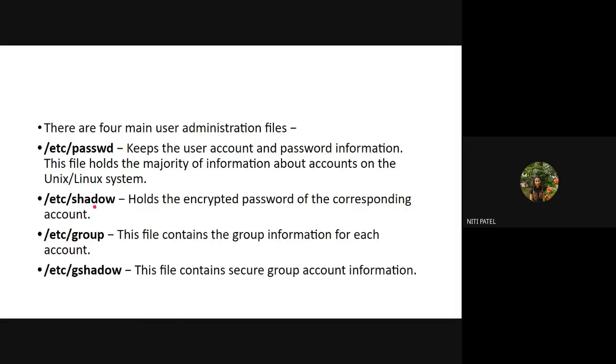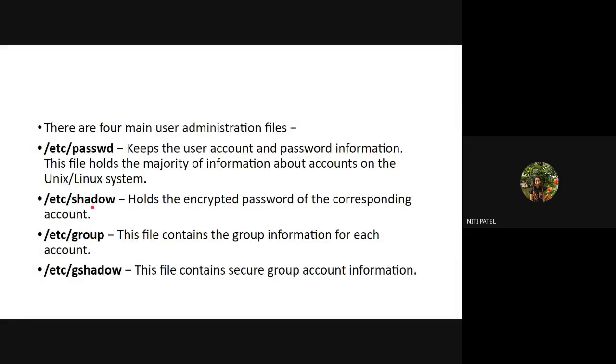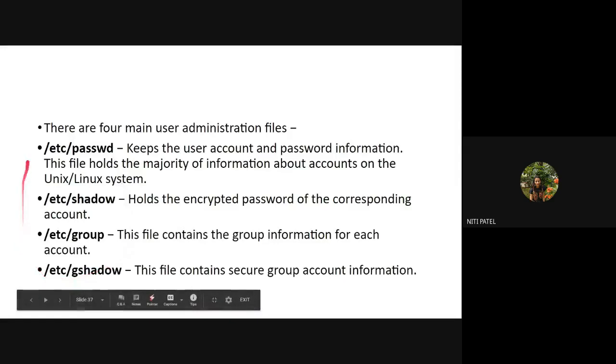Now that user is belonging to which group, and what is that group information? It is stored where? Inside /etc/group. Again, the same information is stored in an encrypted format in /etc/gshadow. So this gshadow is for what? It is for group shadow information, and the normal shadow is only for passwords. So every user that is getting created, right from root to the normal user, every user will have these 4 kinds of files inside the etc directory. Shadow will contain encrypted information, group will contain group information, and passwd will contain normal password information.